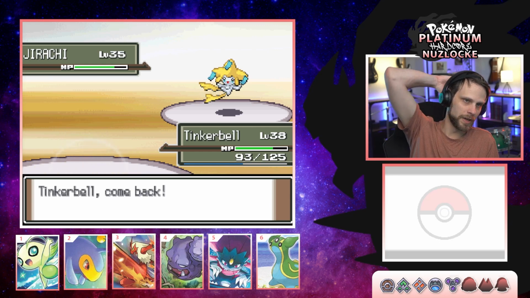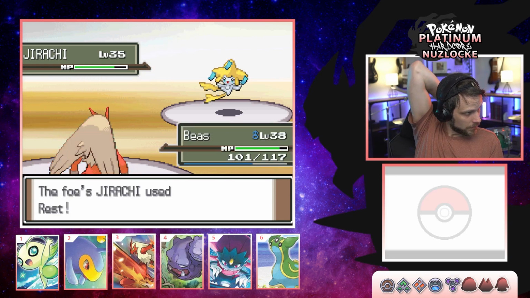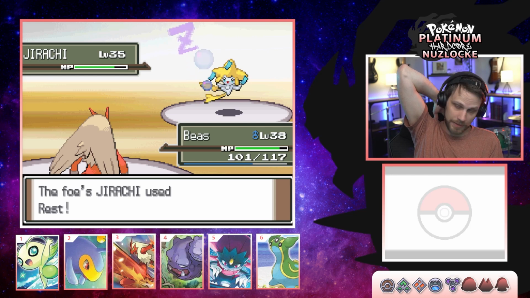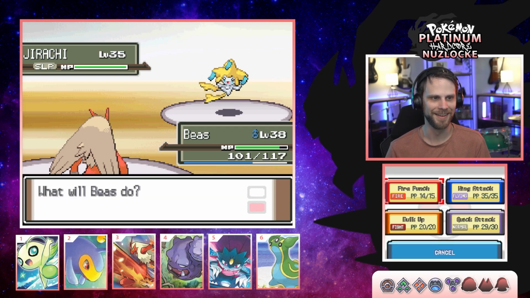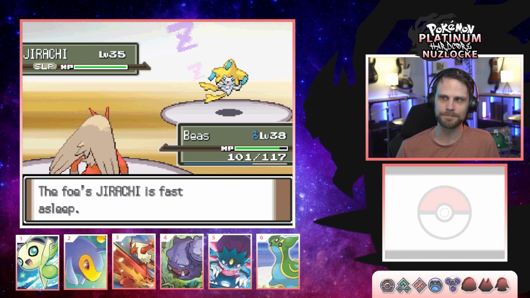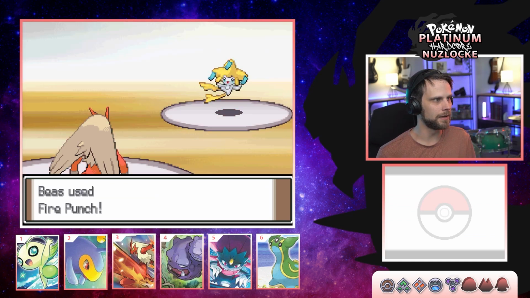We can go into... this is a mistake, actually, because it can confuse. Or rest. That works. All right, that makes it easy. Let's fire punch. I was a little worried there for a second. We do want to maybe find one thing...